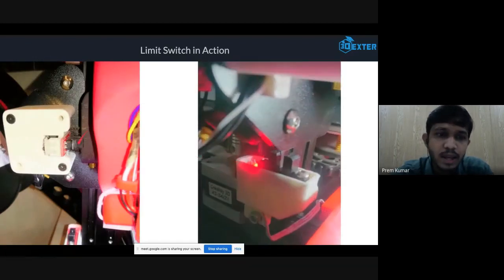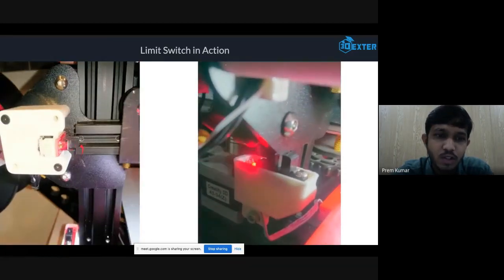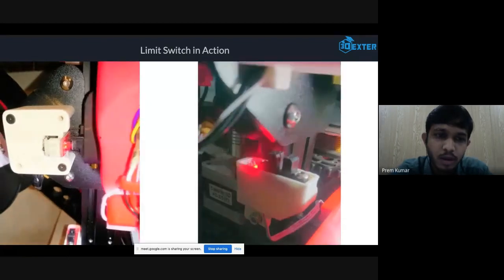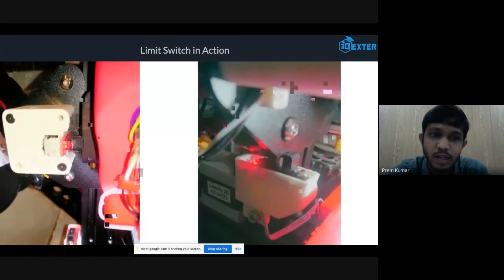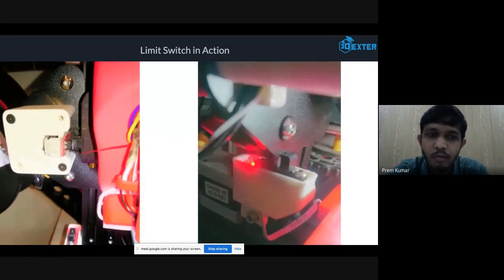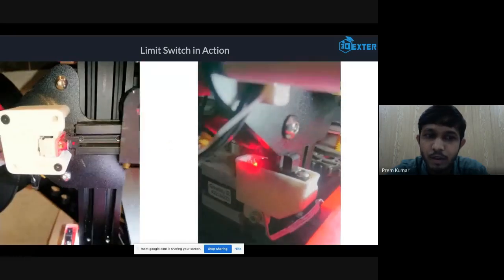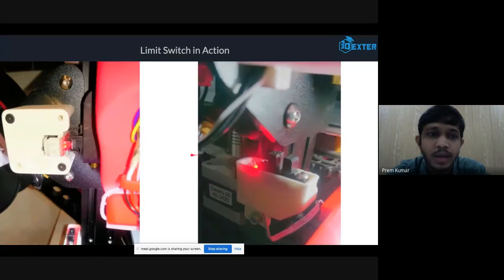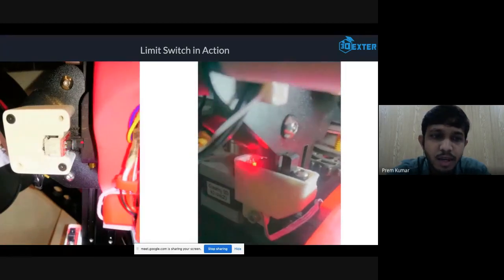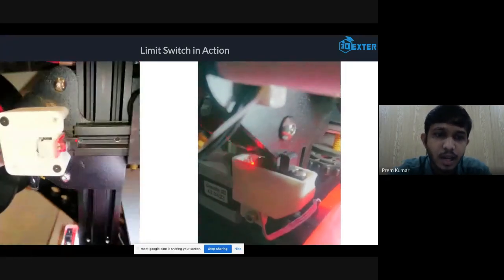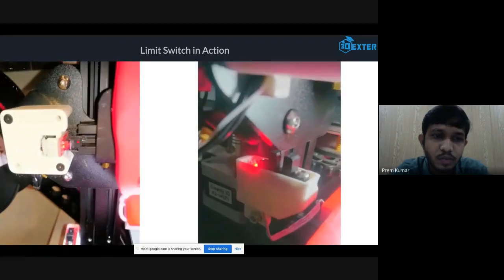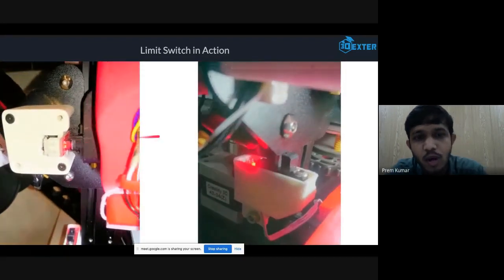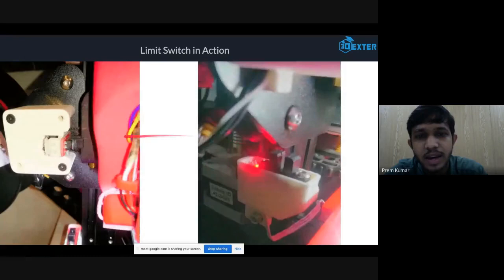So once it knows its minimum position, the 0 position, if you define it properly in software, if you define the length of the arm movement, the length of this carriage movement, like if you say that it is 200 mm, it can only move 200 mm. Once it starts from hitting this part, it now knows that this is the 0, and it will move 200 mm in this x direction.